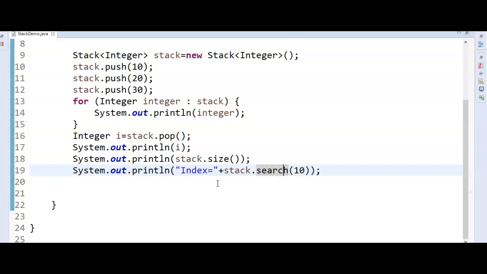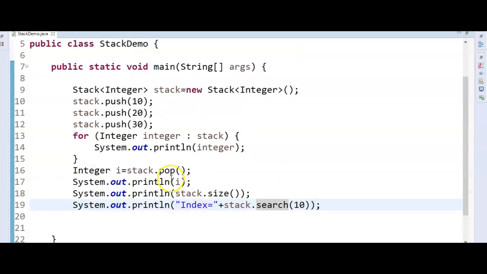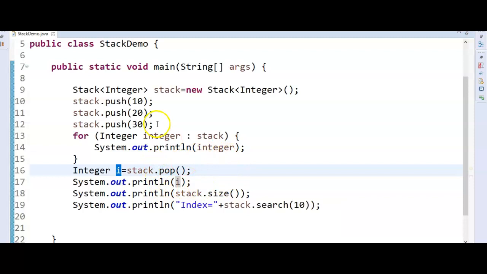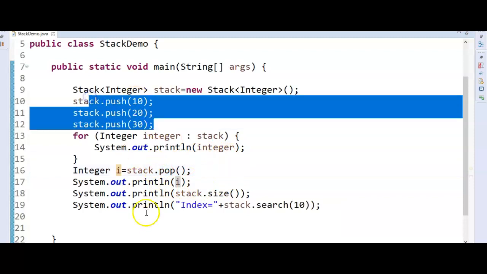Now we have seen the size, how to iterate, how to search, and pop. Coming to peek, there is another method called peek, which enables us to see the top element on the stack without popping the element. Pop will remove the element and give it to you, and we can print that element. But if we want to see the topmost element in this stack, how do we do that?